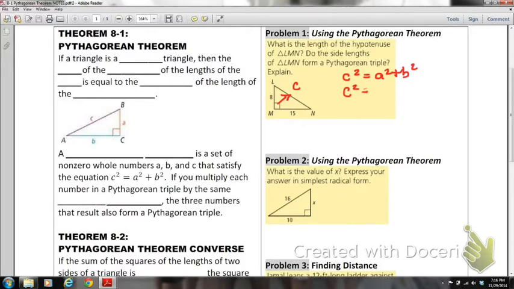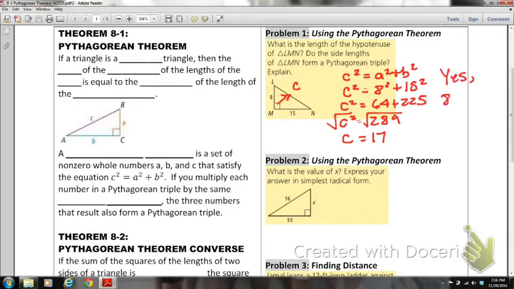So we have c squared is equal to 8 squared plus 15 squared, which is 64 plus 225, which is 289. Solve for c by taking the square root of both sides, and that is a perfect square, 289. So c is equal to 17. And is it a Pythagorean triple? Yes, it is. So yes, 8, 15, 17 is a Pythagorean triple